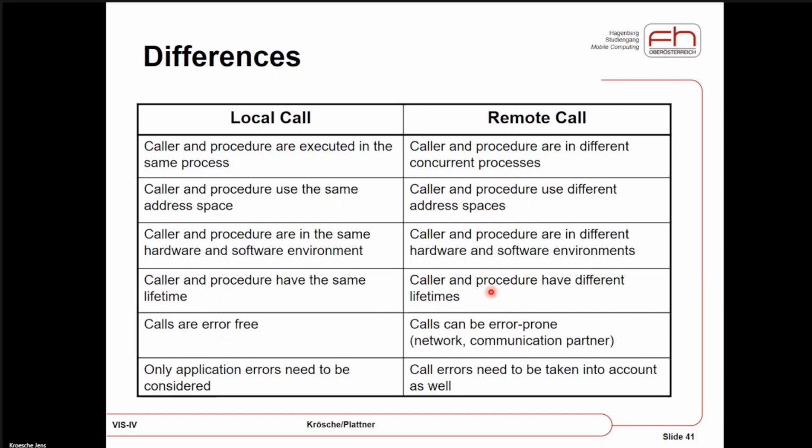In a remote system, these life cycles are different, because you don't know what happens to the cloud service that you are using. Of course, cloud service providers state that the system will be up 24/7 and everything is fine, but you can never be that sure. Local calls are typically error-free. You just call it, and if the compiler stated you did it in the right manner, typically the call of the method produces no error.